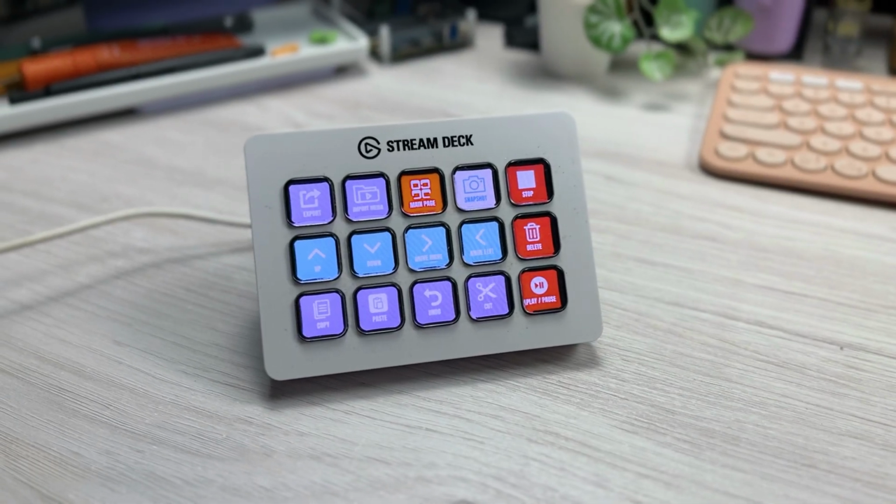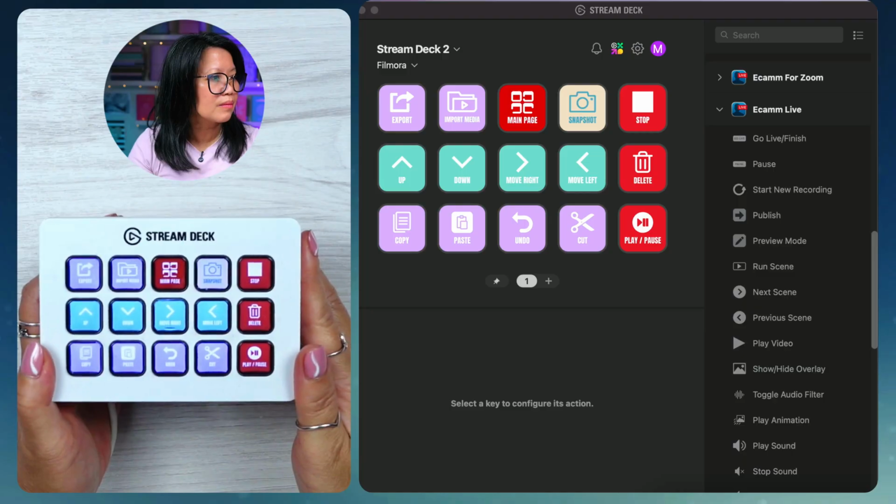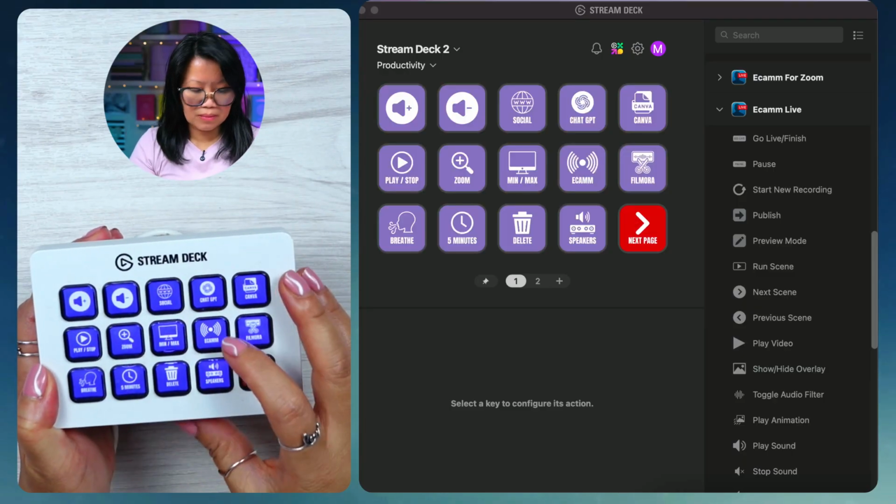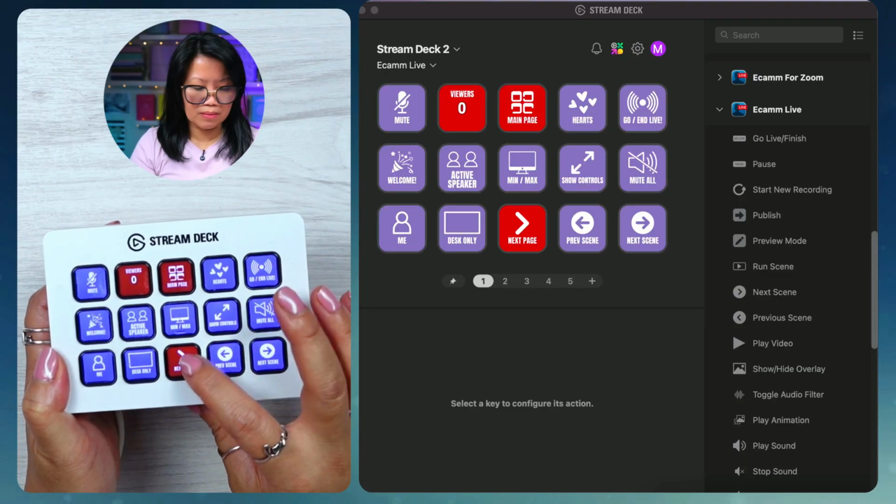But today, we're going behind the scenes of my actual Stream Deck setup. You will see my dashboard on screen and a top-down shot of the real buttons I use every week inside